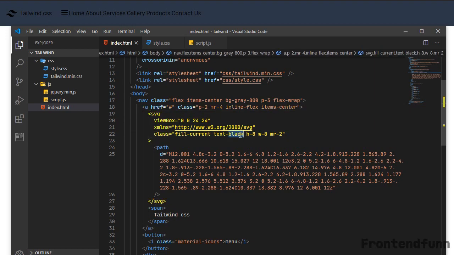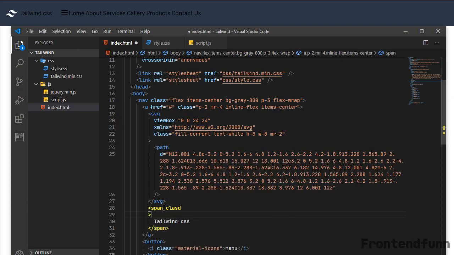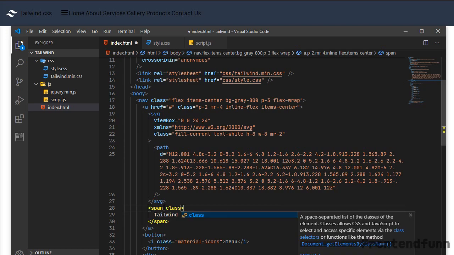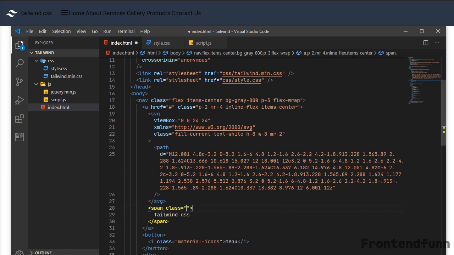Okay, so I'll change the SVG color to white, and I'll change the text size to XL, so text-xl, and the text color will be text-white, and font weight will be bold because that is a brand name.